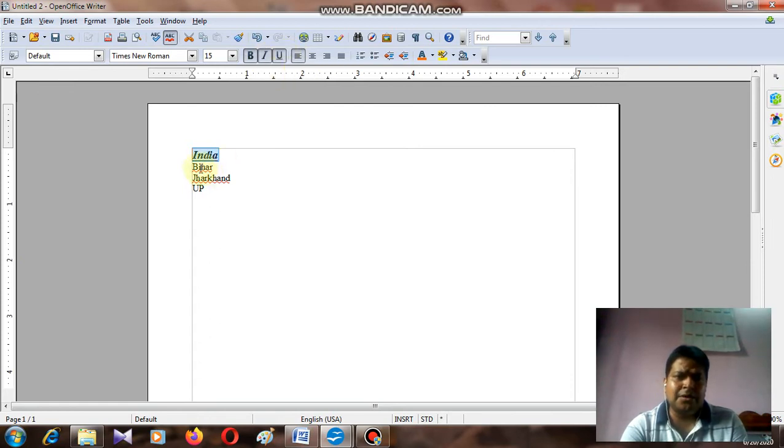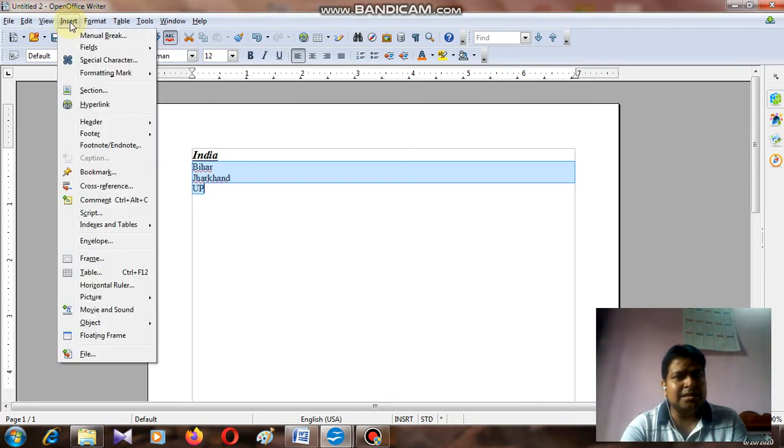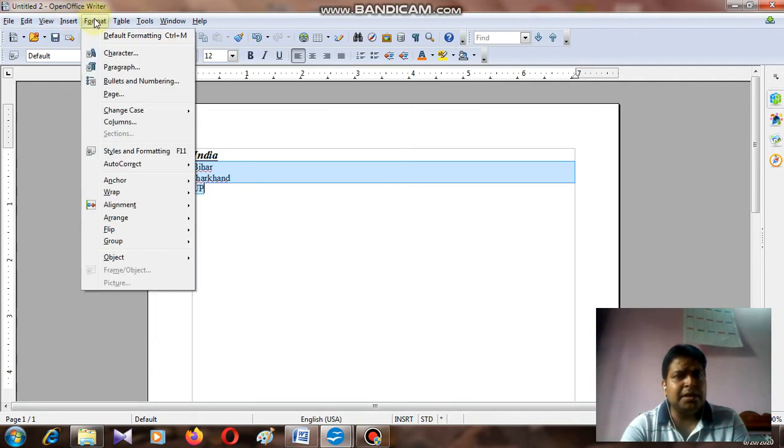Okay, now look, this Bihar, Jharkhand, UP, it's not looking good. If it were in 1, 2, 3, then it would look good. So what we have to do is select these and then go to insert. Look here, bullets and numbering are here. It's given, it's not given. So actually bullets and numbering are in the Format menu.